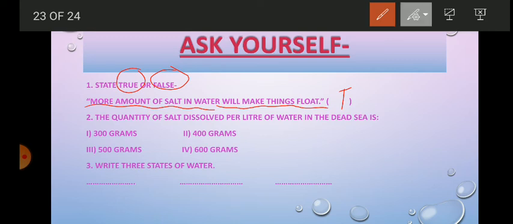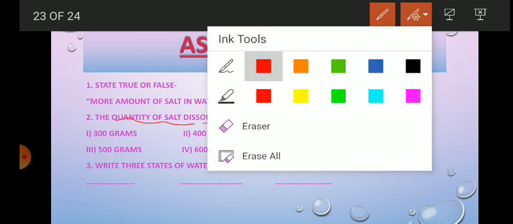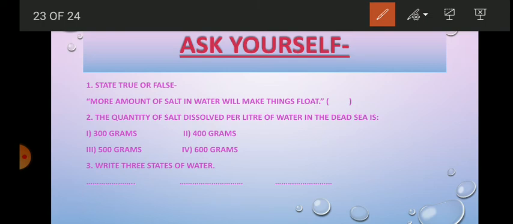My second question is, what is the quantity of salt dissolved per liter of water in the Dead Sea? You have four options: 300 grams, 400 grams, 500 grams or 600 grams.